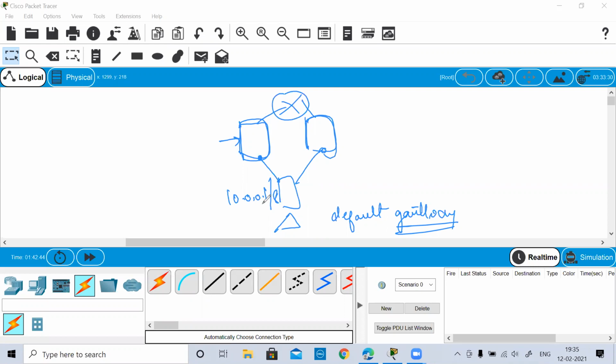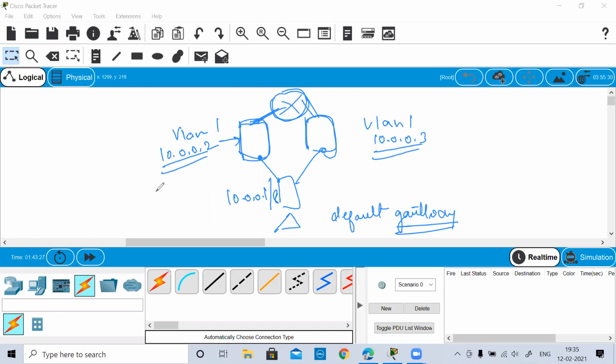However, we have not considered in this manner that, let's say, in this particular switch I created VLAN 1 and I have given an IP of 10.0.0.2. Here also in VLAN 1, I have given an IP of 10.0.0.3. And here you are going to have a different network, because this is the router's interface. So in that manner, there are two IPs which are being configured over the VLAN.